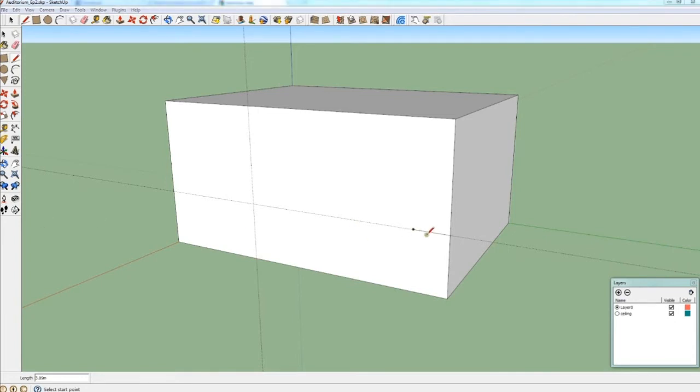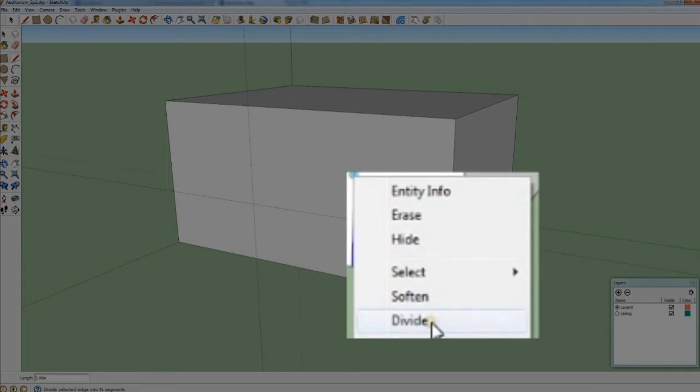I'm not sure how many stair treads I need in order to fit the stairs here, but I can set a requirement that the height of each tread should be 15 centimeters. So one way to do it is to draw a vertical line here, and then go on the line and right click, and then select divide.